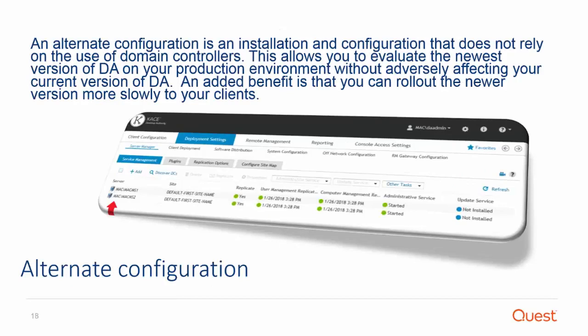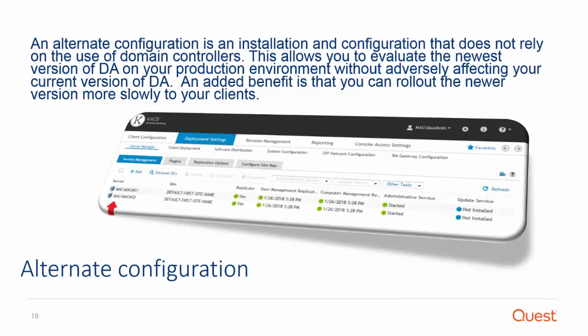Okay, so an alternate configuration is an installation and configuration that doesn't rely on the use of the domain controllers like we saw previously. This allows you to evaluate the newest version of Desktop Authority on your production environment without adversely affecting your current version of Desktop Authority. We refer to this as a parallel install, or a member server install, or a side-by-side